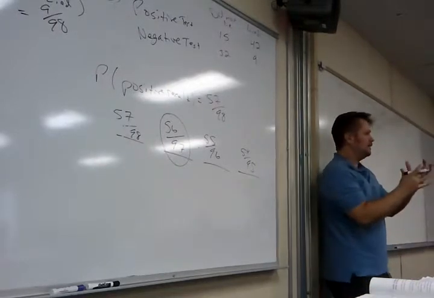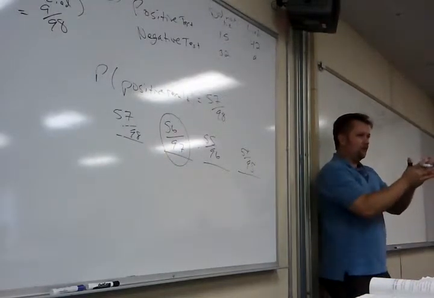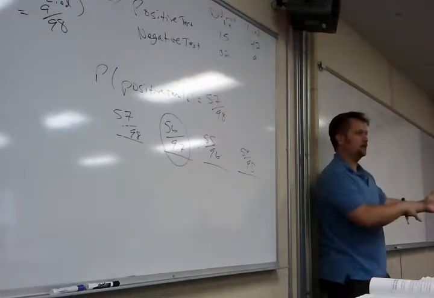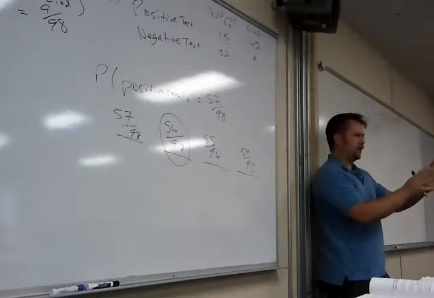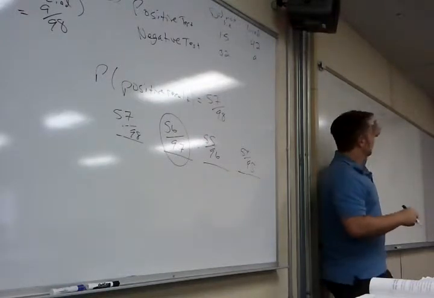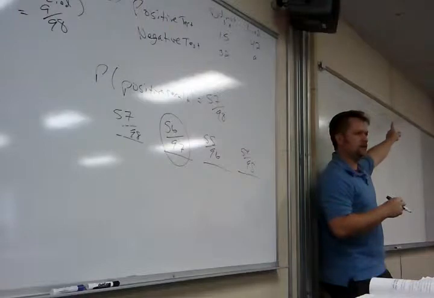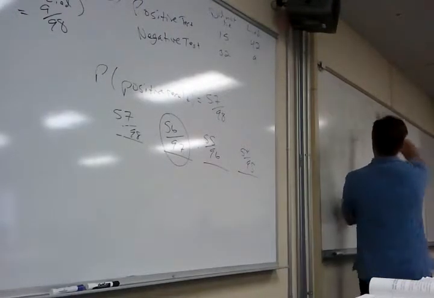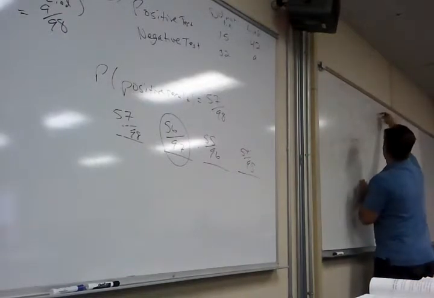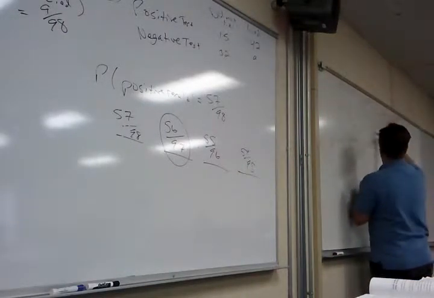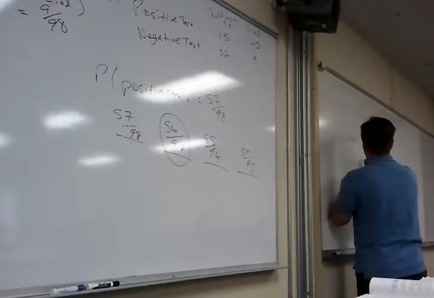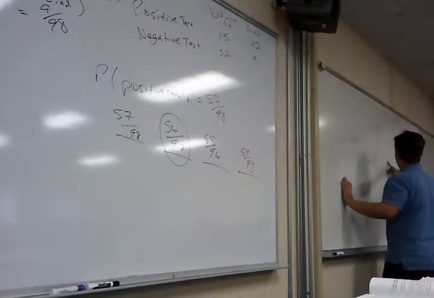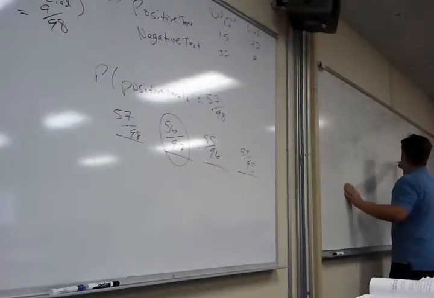Now, to kind of complete this, I want a formula for A and B directly. We have a formula for A or B, right? A plus B minus A and B. I want a formula for A and B directly. Can't I solve this for probability of A and B? It's a little algebra now. There's very little algebra in stats. This is one place where it shows up. How do I get this by itself? Multiply by this. So probability of A and B equals probability of B times probability of A